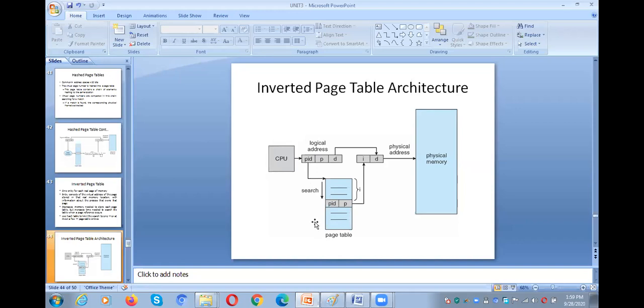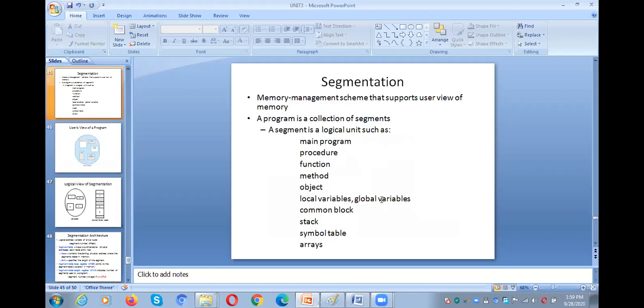However many page numbers there are, that many page entries were in the page table. Now, however many frames there are, that many entries are in the page table. Obviously the number of main memory frames is less when compared to the number of pages, so automatically the page table size will be reduced. That is called an inverted page table.